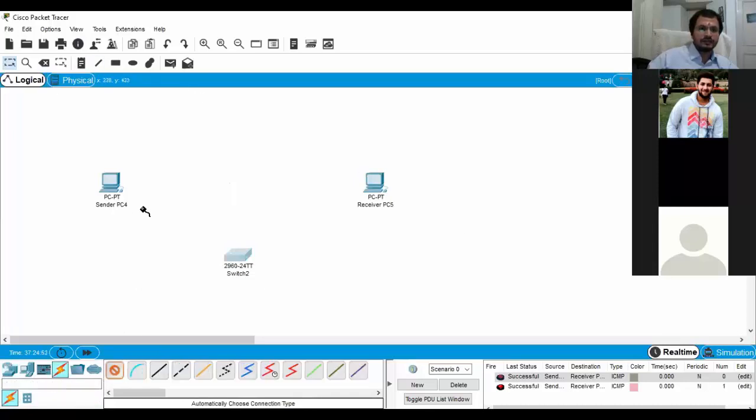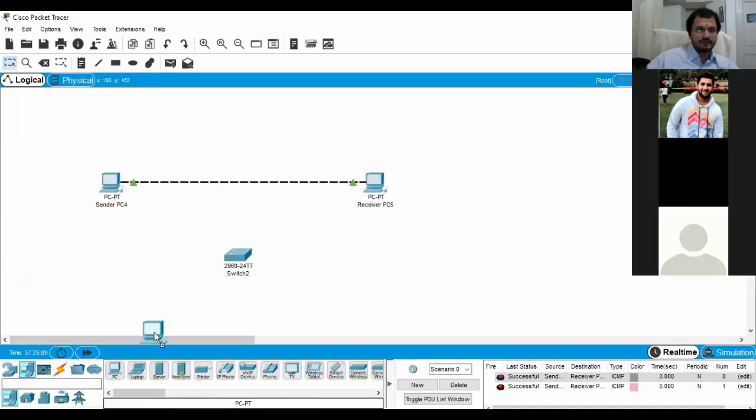Now you can see simply over there that this system has a single interface and this system also has a single interface. Now what about when we have to deal with more devices, right? So suppose I have one more device like this.